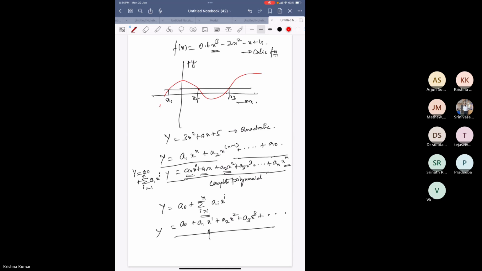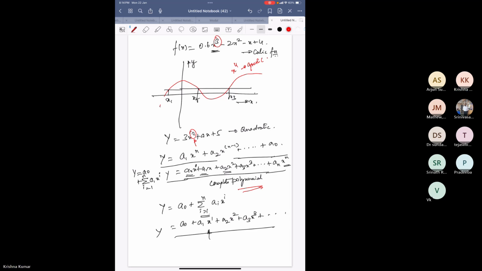So I said that when I keep raising the power of x from linear, 3 I said cubic, 2 is quadratic, x power 4 is what is called quartic, and in general we call all of them a polynomial function. Okay, so that's what we wrote.